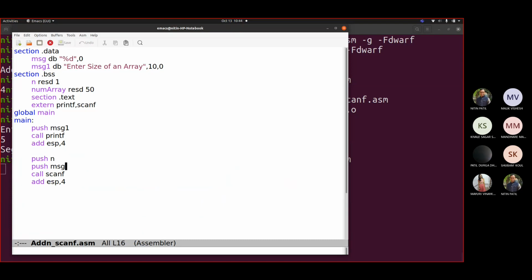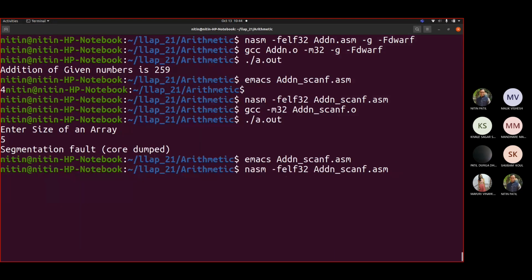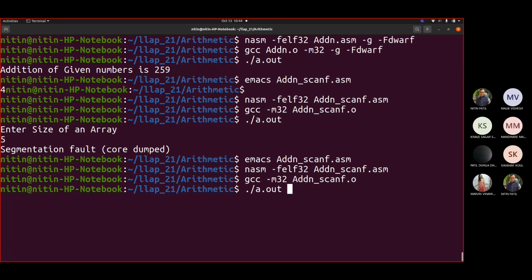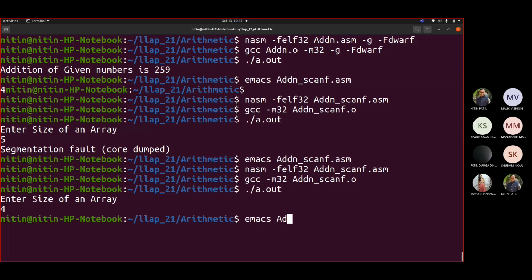Okay, actually how many push are there? 2. So for every push 4 bytes. So ultimately 2 push are there. So what value should be here? 8. So if I add 8, you will see now the change. Now see the change. This is the kind of error that you generally get as a user. So there would not be any error now. So it got the data. Fine. So let us now continue the code.